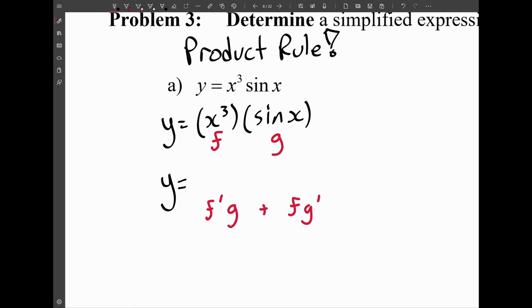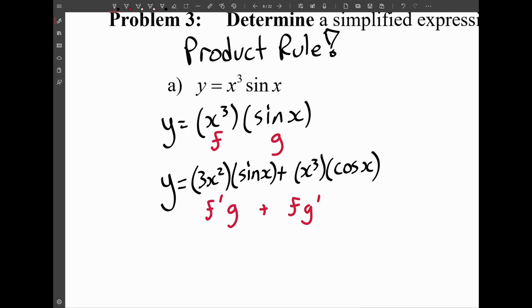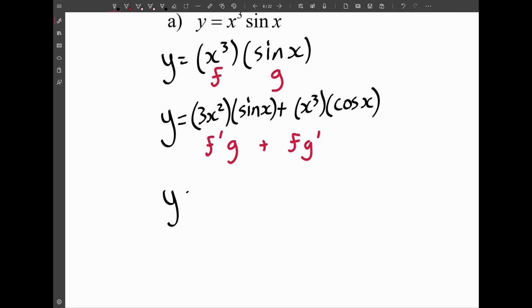So first we start with f prime, which is 3x squared, and we multiply that by g, which is sine x, plus our f, which is just x cubed, times g prime, which is cosine of x. So what we get when we simplify this is 3x squared sine x plus x cubed